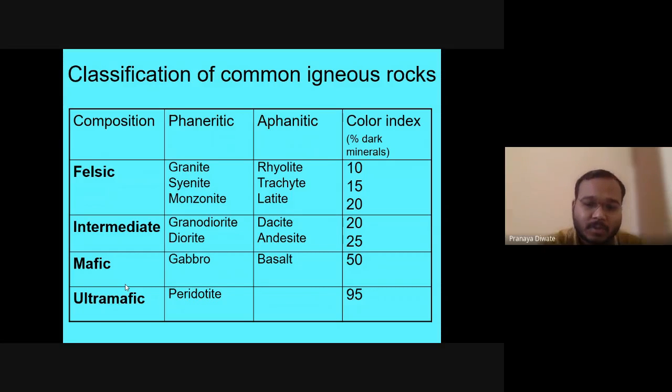Okay. Then you have gabbro and basalt. Gabbro also has the same property: gabbro gets converted into basalt when the magma is erupted. The rock and layer which is formed there is known as basalt.